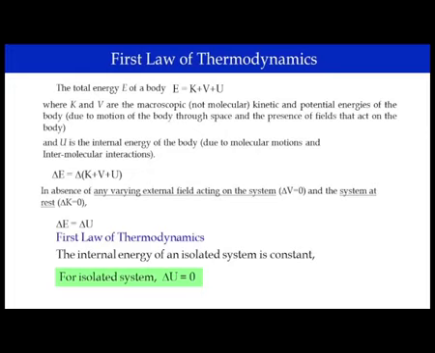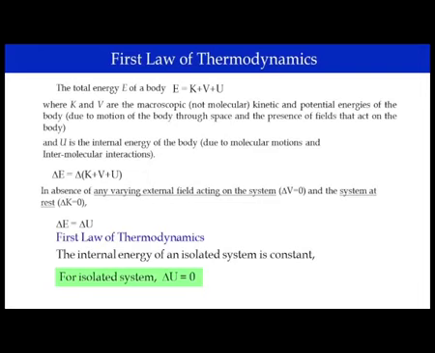This is the scenario. Then the total energy change would be represented by the change in internal energy. And if the system does not interact with surroundings at all, there is no exchange of energy between system and surroundings, which is the case for an isolated system,